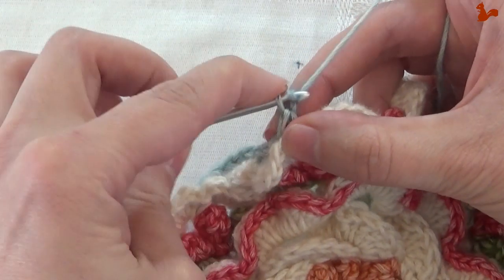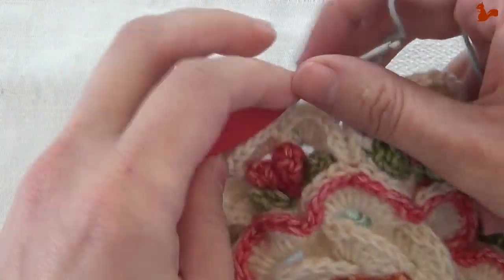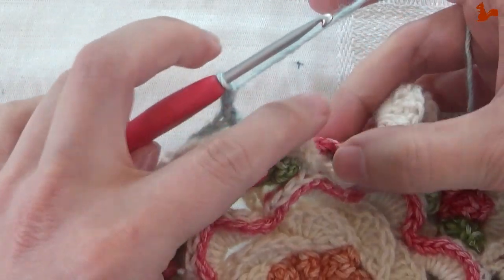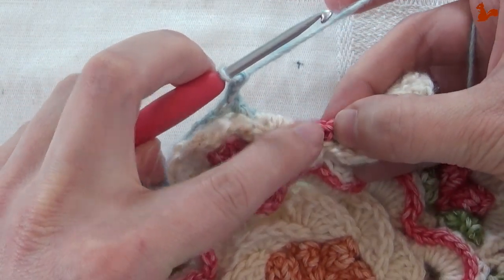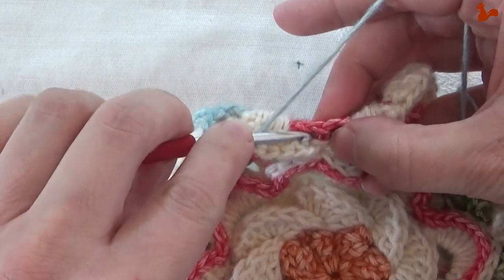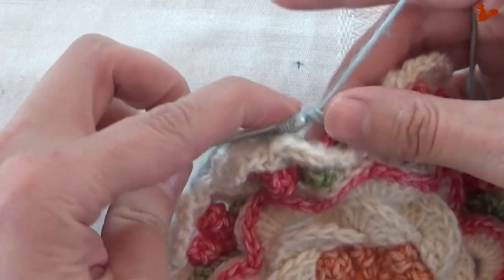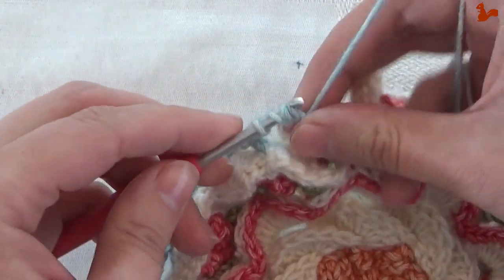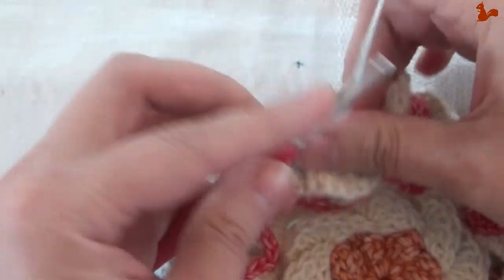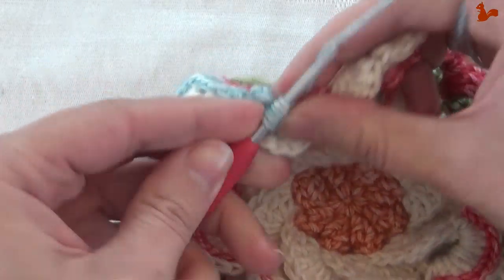Chain 2, and now we're going to work those triple trebles again, exactly the same as this side. Going to do over there in that single crochet. So it's 1, 2, 3, 4 times yarn over, and take off 1, 2, 3, 4, 5. Again, 1, 2, 3, 4 times yarn over, and you can see as I'm taking off these loops